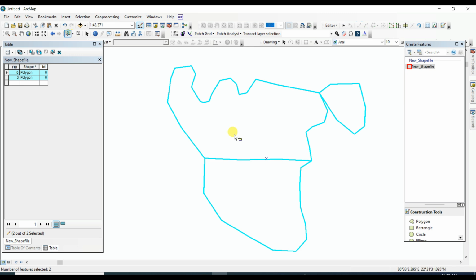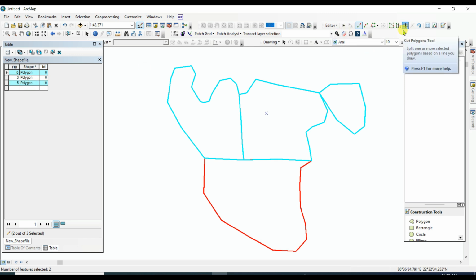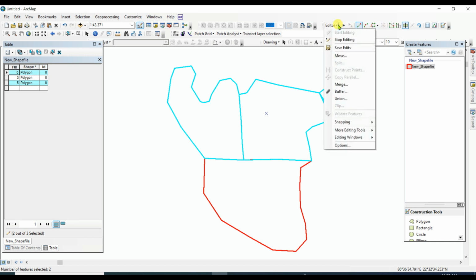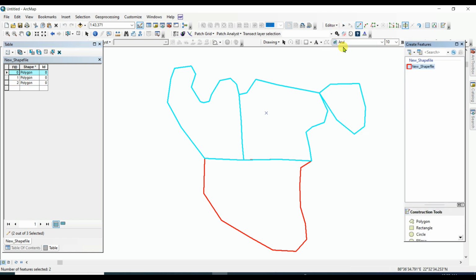Again, if you want to cut, select one. This is selected, and then cut polygon. See that there are three polygons now. You can do such kind of things, and this is the work of cut polygon. And now also another. Now I'm saving this, save edits, and also